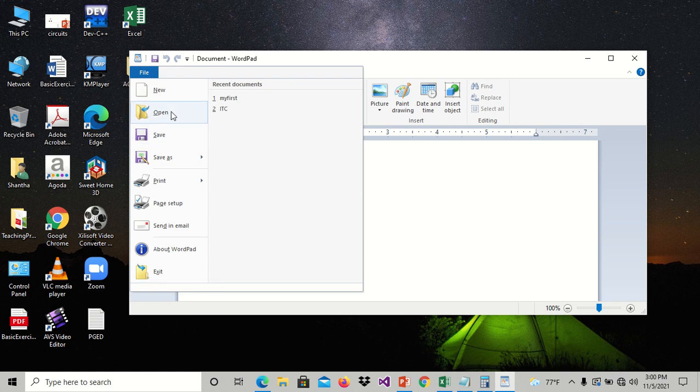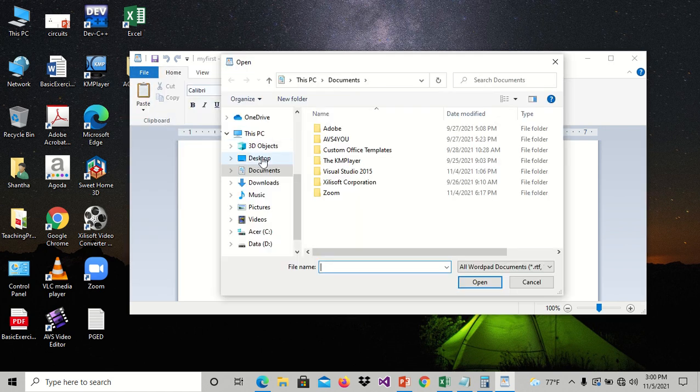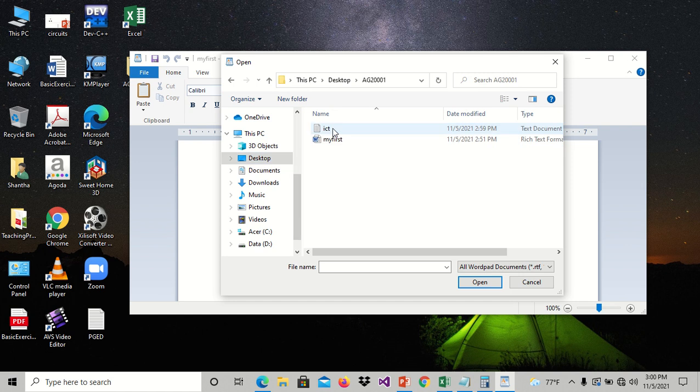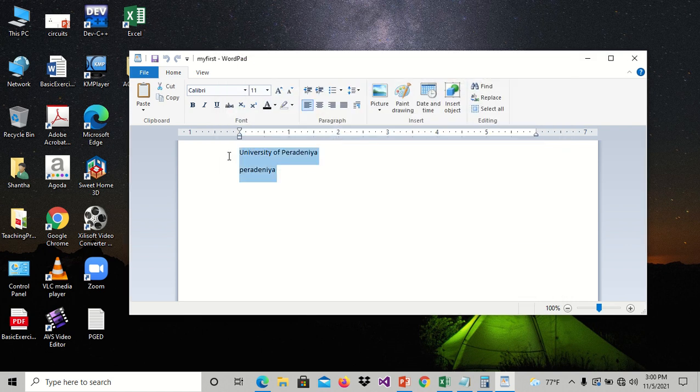Go to File. From here, we can find the most recently opened documents in WordPad. In my case, I select my first, or you can go to File, Open. From here, you can browse your file, right? My first. So from here, you are asked to insert a picture that you have saved